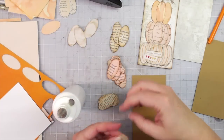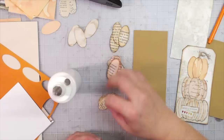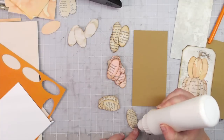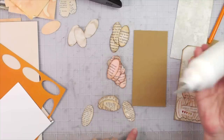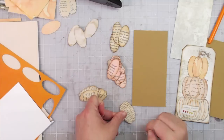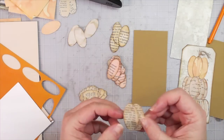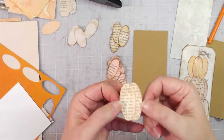Okay. Now on this bottom one, we're just going to make it a little wider, our little layers. And with word book pages, we need to make sure, of course, that the words are the same way up. And we're just going to put a little bit of glue, and see, this was a torn one, and I'm just going to cover it up like that. And we're just going to leave some space. And now you see why my mat is so gluey, because I don't put anything down. I just go for it. We're going to leave space about like that